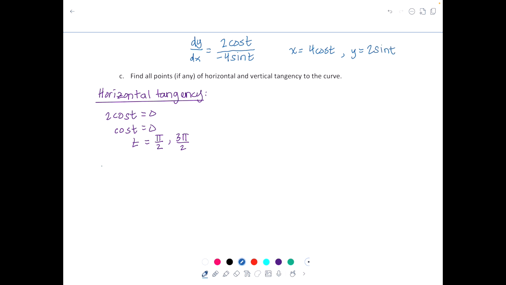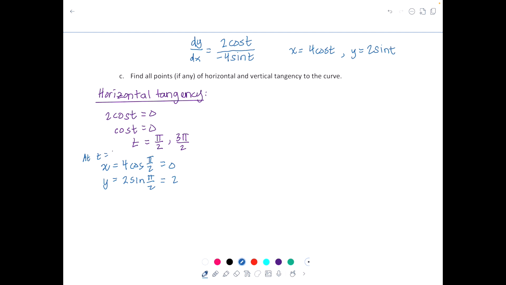And so x will equal 4 times cosine at pi over 2, which is 0. So the first part of the ordered pair is 0. Y equal to 2 times sine at pi over 2 is equal to 2. So we got our first ordered pair,